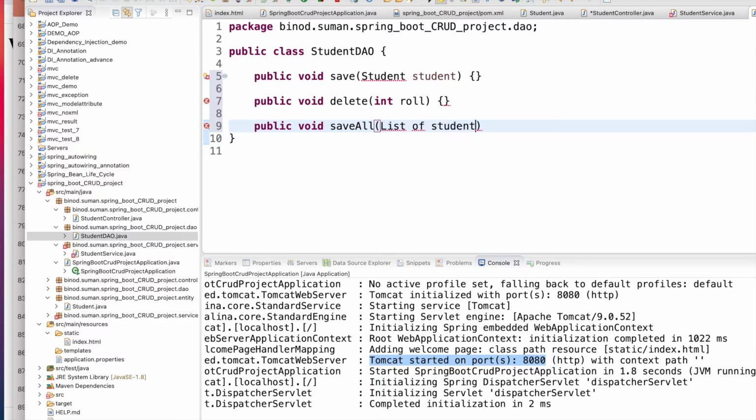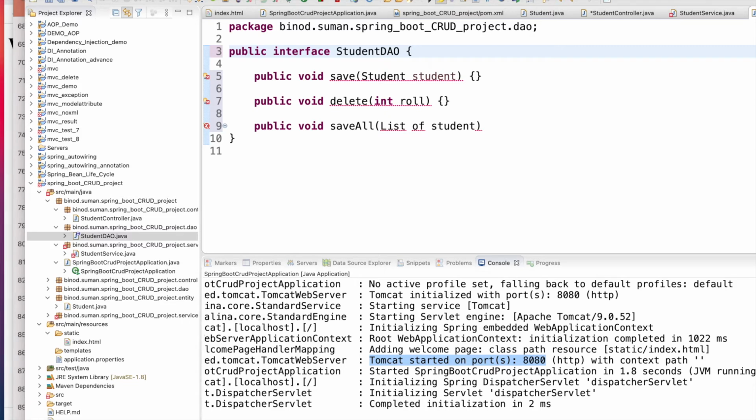So what we are going to do is take the advantage of Spring, and we are not going to make the methods. These methods are already there in some interface. I will show the interface. For the time being, make this student DAO an interface.